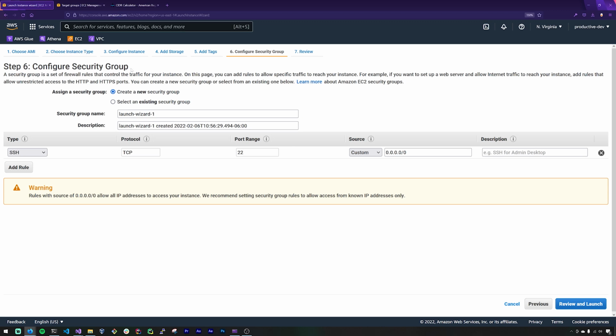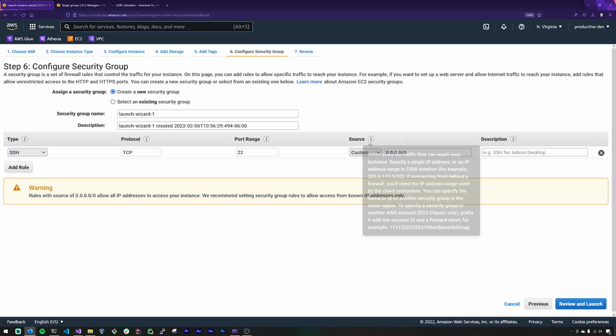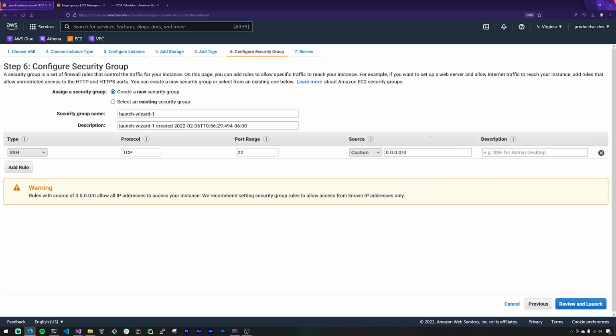So with a security group, you can kind of think of this as a firewall. And essentially, it allows us to configure the various protocols and port ranges and source IP addresses that we want to allow to any particular resource. And so we really want to lock down our resources as much as possible. For one thing, we're using SSH for security, but if our security group allows anyone with an SSH key to connect, which is what we have set up here, then that means if for some reason your SSH key is somehow compromised,